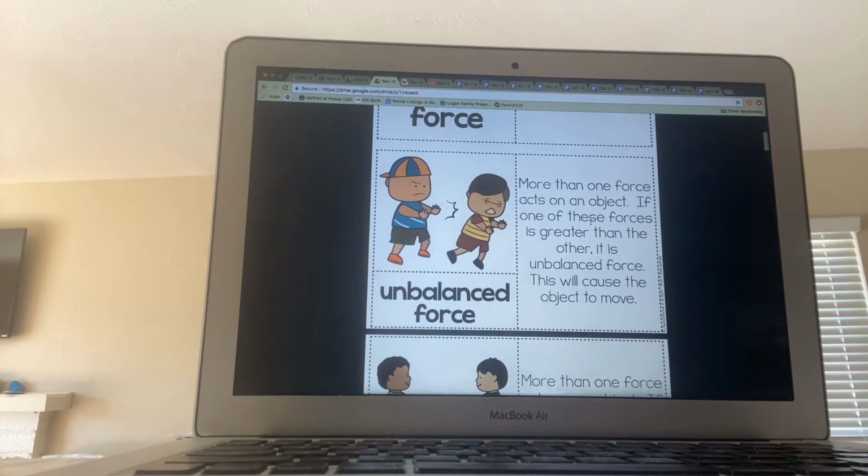You can have unbalanced force. More than one force acts on an object. If one of these forces is greater than the other, it is unbalanced force. This will cause the object to move. Okay, so